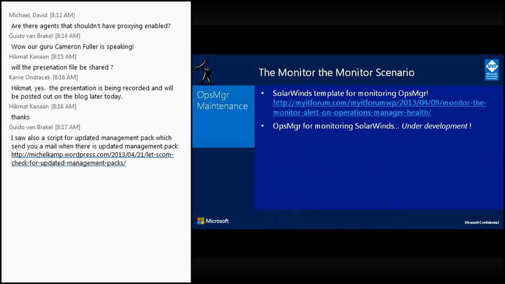All right, next piece, the monitor scenario. This is something I hear on a pretty regular basis: great, we have Operations Manager monitoring our stuff. How do we know that Operations Manager is running? First off, Ops Manager itself does monitor itself to a degree. So there are definitely some capabilities within that, but many organizations are pushing this question of, how do I monitor the